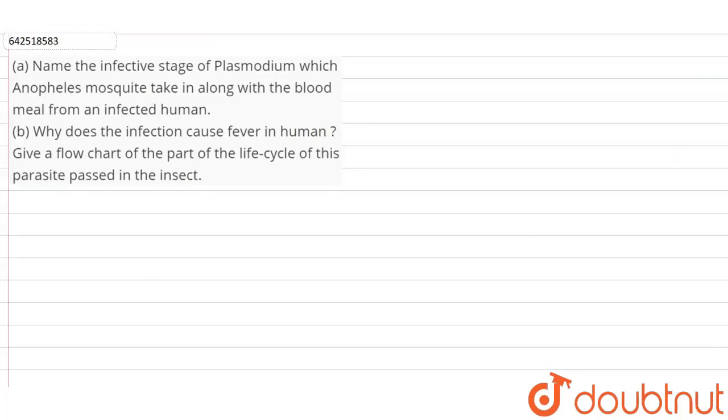There are two parts in our question. In part A, they are asking us to name the infective stage of Plasmodium, which the Anopheles mosquito takes in along with the blood meal from an infected human. Now, Plasmodium is the causative agent